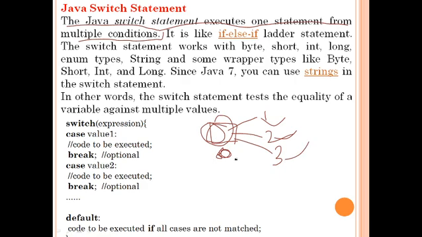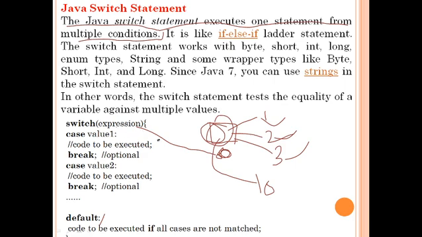This variable O will be in the switch expression. Here you can give the O, it will be the switch expression, and these will be the case values: value 1, value 2, and value 3. And if anybody enters 100 or 10, then what will happen? It will move to the default part. So if a case is matched, then the statement of that particular case will be executed for that case. Otherwise, it will move to the default statement.